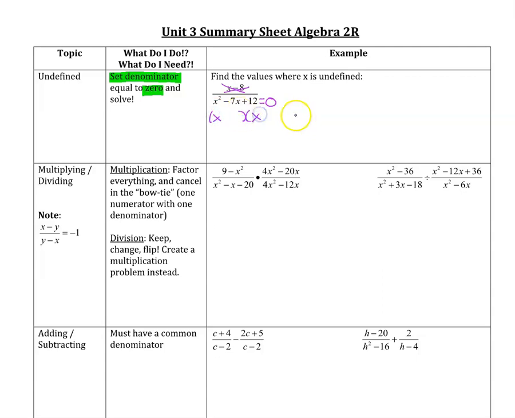Looks like I can just factor this. So using my AM factoring techniques, I can factor this with a -3 and a -4, and get x equals 3 and x equals 4. And those are the values that would cause the denominator to go to 0, causing our function or expression to be undefined. When we multiply expressions, we factor everything first, and then we cancel one factor in the numerator